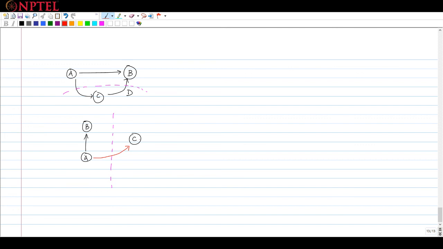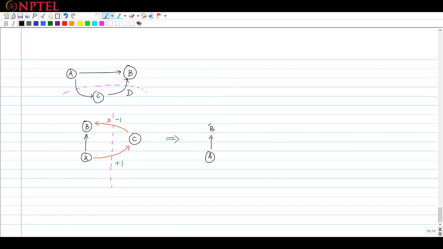A to C is an edge in this direction, C to B is going in the opposite direction, right? C to B originally had one D over here, right? But what I'm going to do now is to say that I'm going to do, let's say, +1 over here and -1 over here. Okay? What would that result in? I would get